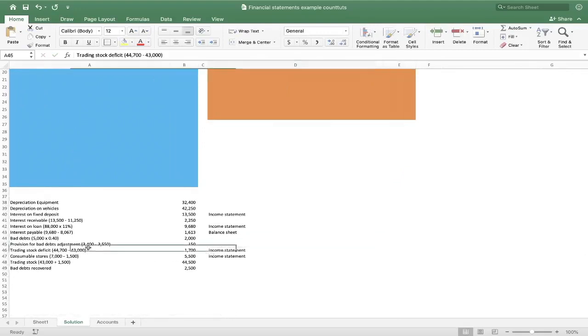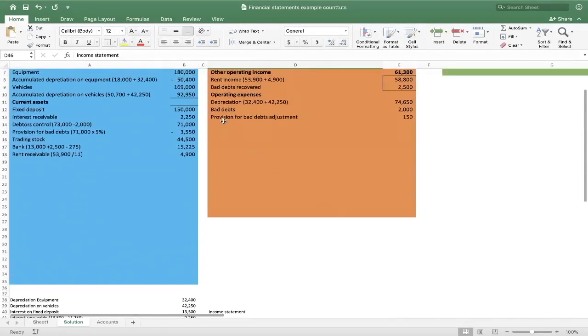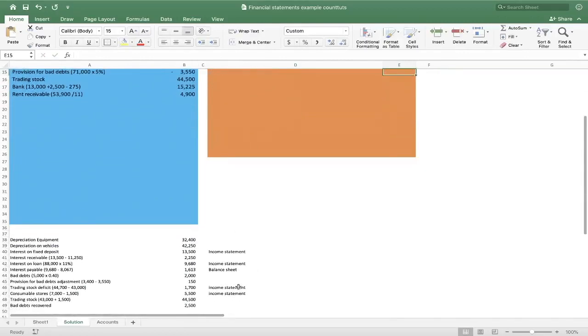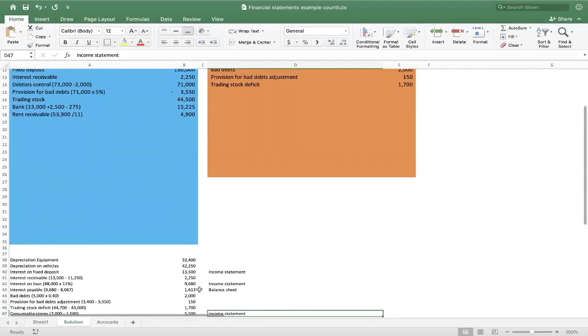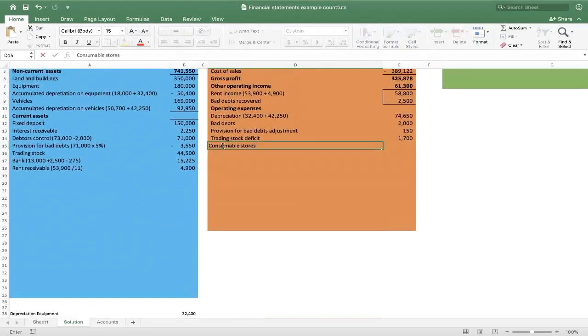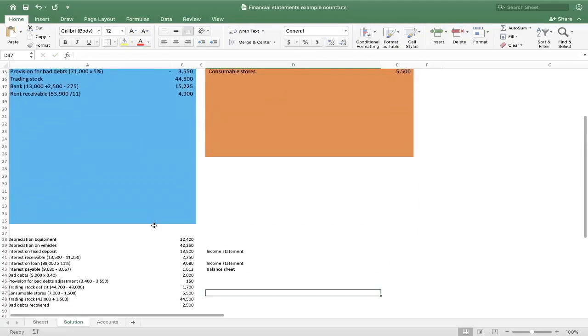And then the next one is trading stock deficit. Okay, trading stock deficit of 1,700 rand that we had done earlier. So I'm going to put it down. And it's 1,700. I remove that one, and then the last one that we have here on our calculations that we have done is the consumable stores of 5,500. So I'm going to write it down, and the amount is 5,500. Okay, so we are done with the calculations that we had done earlier on,